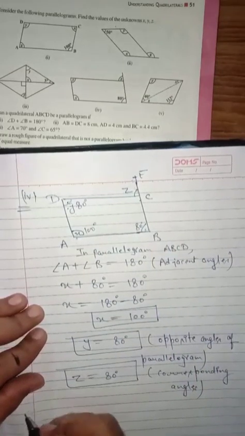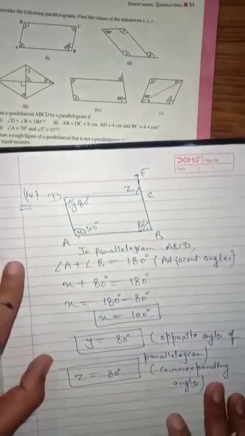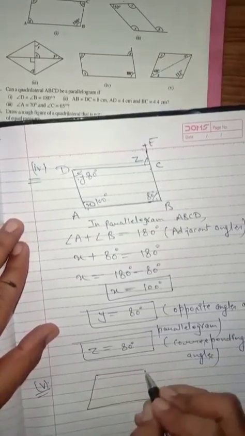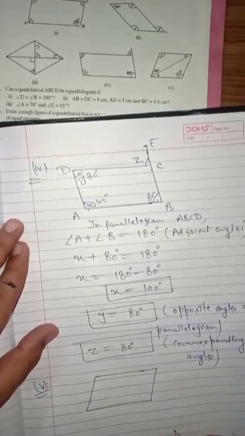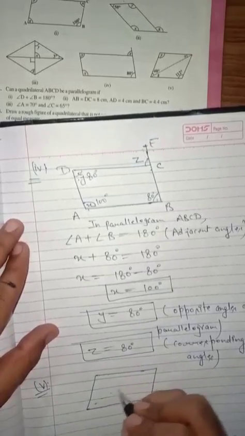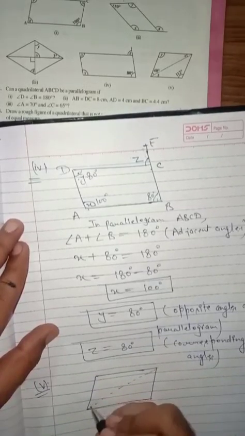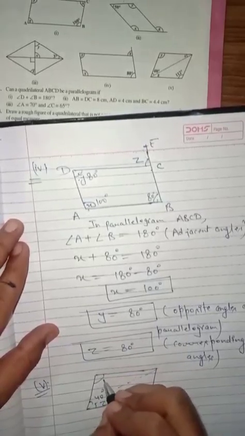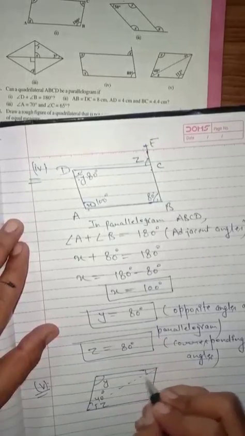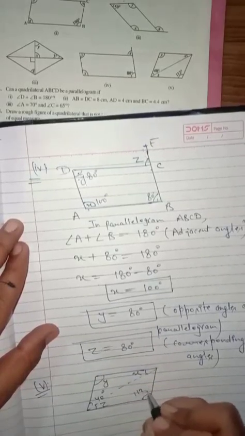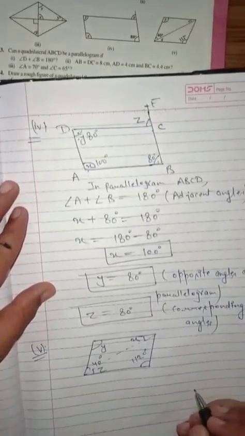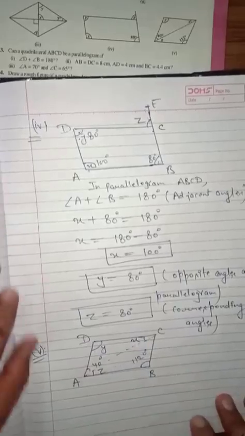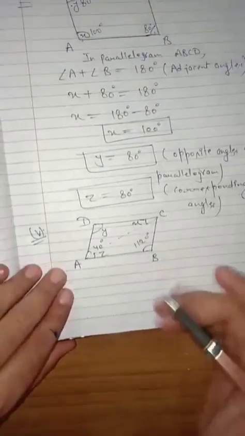Okay. So students, now we are going to do the fifth part of the question, and that is one parallelogram being given to us. Let me draw this. One diagonal is drawn, and this angle is given to us as 40 degree. This is z, here y, and this angle is x, and 112 is one of the angles. We have to calculate x, y and z. Let us give names to the vertices so that we can avoid confusion. A, B, C, D, I have given the names to the vertices.